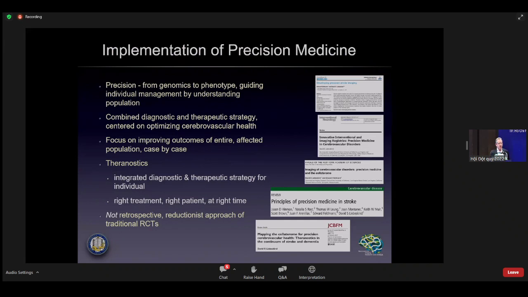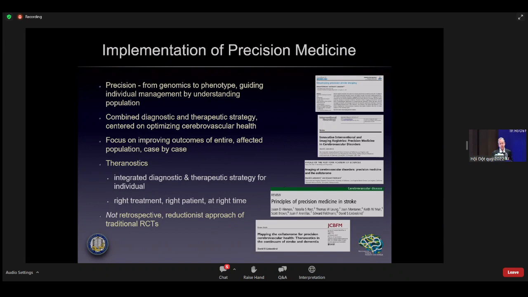But this idea has expanded in terms of precision medicine to other diagnostic methods other than genomics to think about patients. And definitely, I think not as much about genomics, but definitely about imaging and how imaging can be used to define how one patient is different than the next. So even when a patient presents with an acute ischemic stroke or a stroke of any kind, even if their clinical syndrome may seem quite similar, the patterns on imaging may be quite different. Subtle differences that may tell us how one patient may respond to a treatment differently than the next.